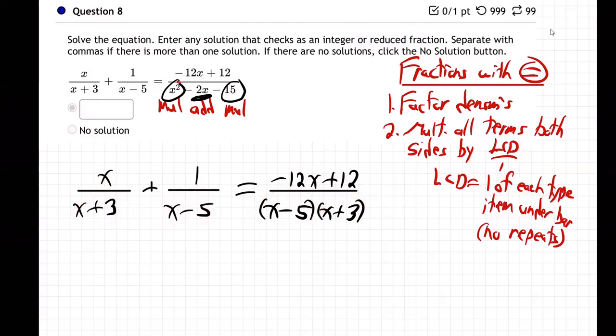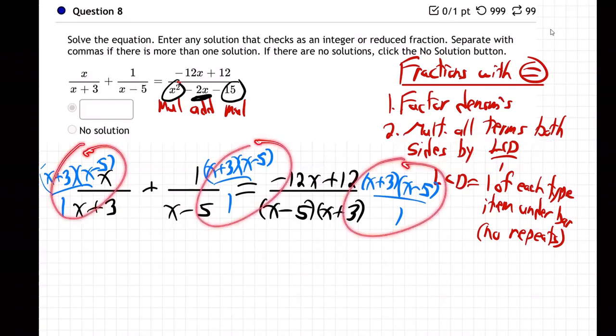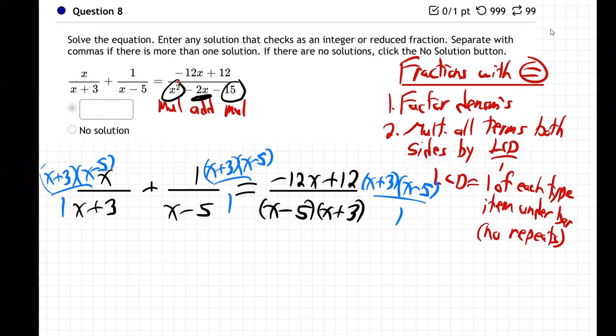So let's do that. So I'm going to go x plus 3. It doesn't matter what order. x minus 5 over 1. And then right here in the middle, x plus 3, x minus 5 over 1. And right here, x plus 3, x minus 5 over 1. Does that make sense? LCD over 1 to all the terms on both sides. So x plus 3, x minus 5 over 1, x plus 3, x minus 5 over 1, x plus 3, x minus 5 over 1. And then step 3,